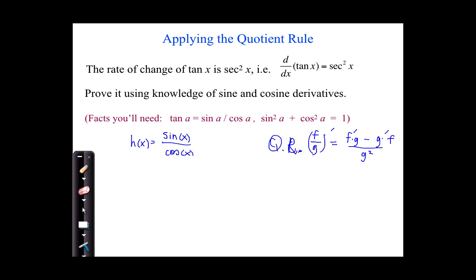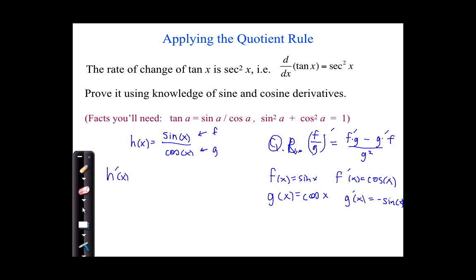So I need to find, let me call this f and this g, meaning f of x is sine of x. So its derivative, as we said earlier, is cosine of x. g of x, the denominator, is cosine of x. So g prime, or the derivative of g, as we decided earlier, is negative sine of x. So if I piece together to get h prime of x, meaning tangent's derivative, since this is an expression equivalent to tangent using trig identities,